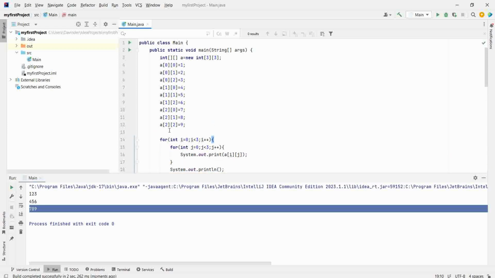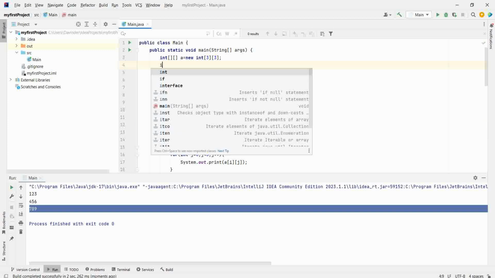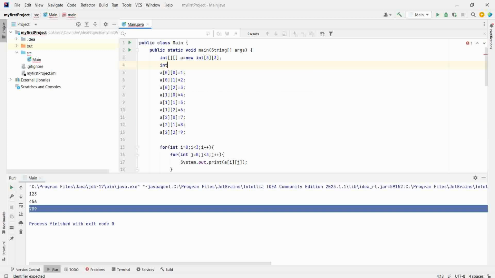This is a two-dimensional array. And similarly, you can write it in this way, like int b equal to, in this way you can write 1 2 3, this is for the first row, next 4 5 6, then 7 8 9.